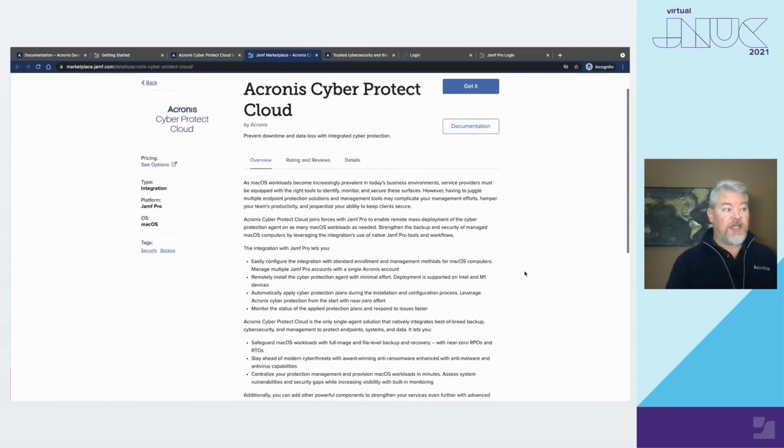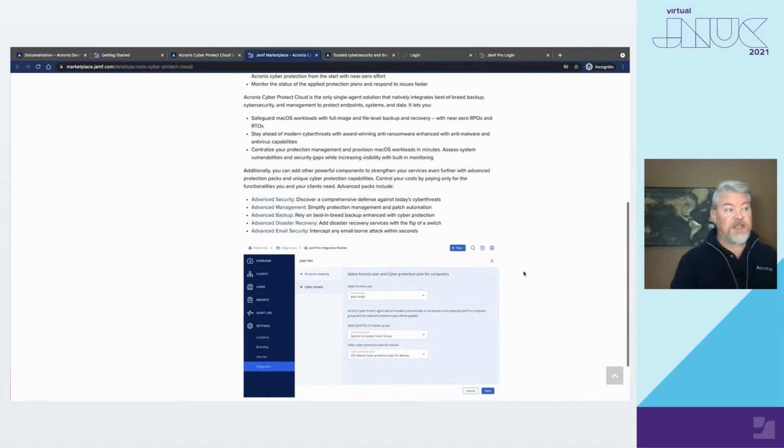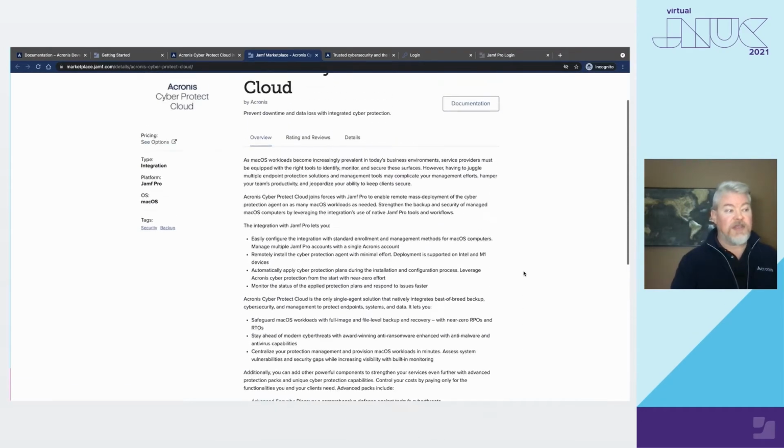But I'm going to spend a little bit of time now talking about the actual integration. So really what we're talking about is the ability to protect those macOS devices and really automate that process, so it's simple and easy to do at scale. And that is done so you can have near zero RPOs and RTOs, providing the protection that's needed without having to spend a lot of time doing that. So again, it's available through the marketplace. We can see some of the screens here,